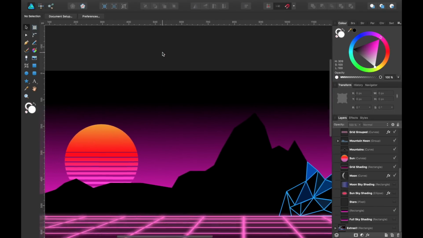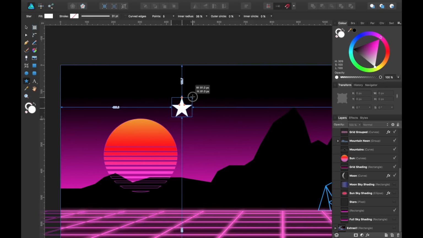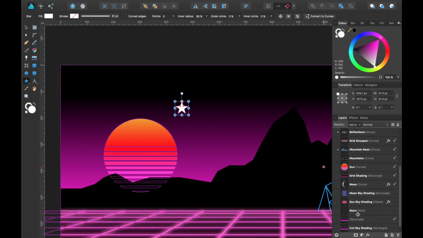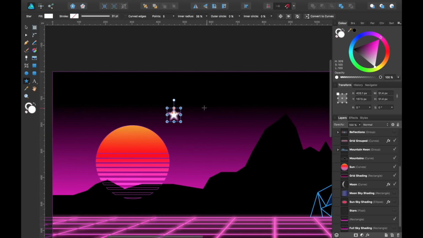Now we need some stars. Another simple one. Let's zoom in. Choose the star shape, drag out to whatever size you like, and go to the effects, choose Gaussian blur. There we go, I've got a slight Gaussian blur to it, so it looks like it's far away.